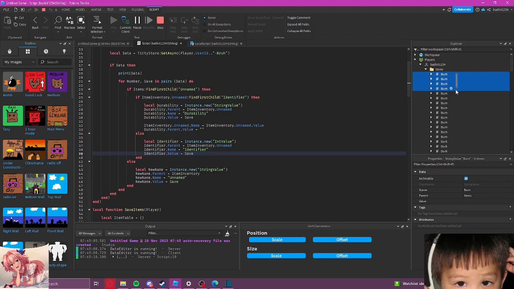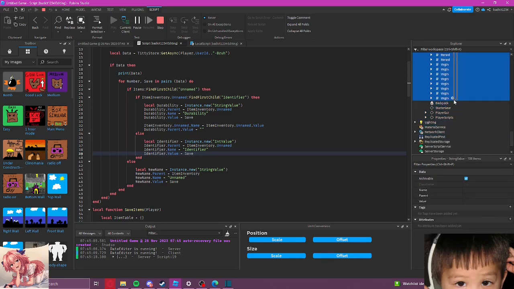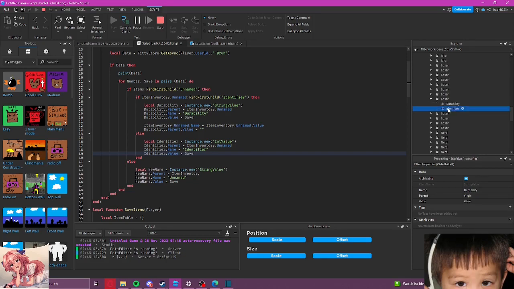Anyways, guys, let me just show you real quick that it does save the correct amount with all of its identifiers and stuff. So if you want to go down here and see its identifier, it completely has its identifier and its durability. It's not the same identifier and durability for every single one of them. See, this one's going to be worn. This one's going to be broken. They're all completely different, except some of them are probably going to be the same just based off of sheer chance.